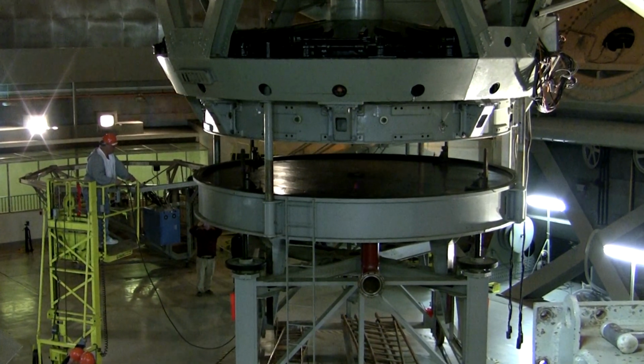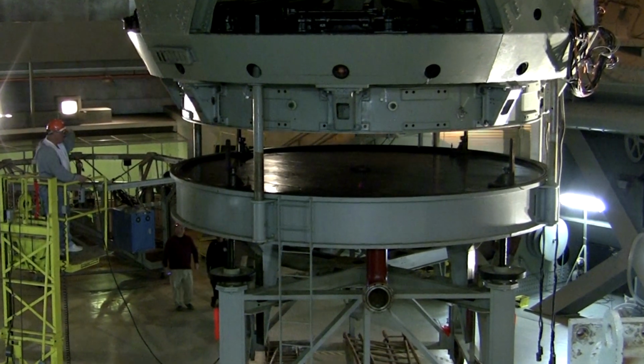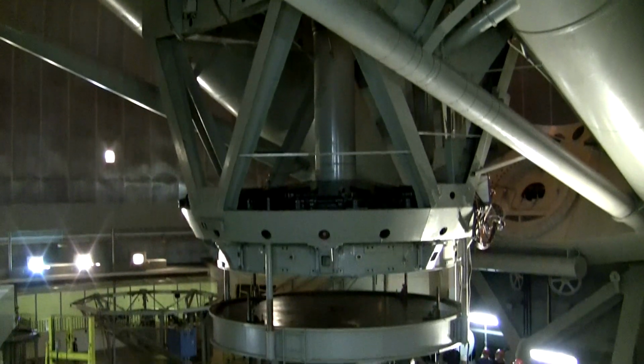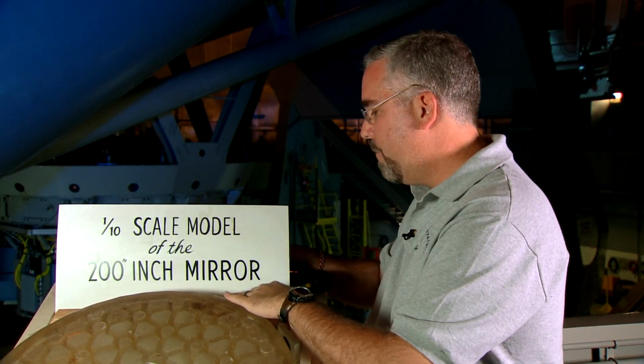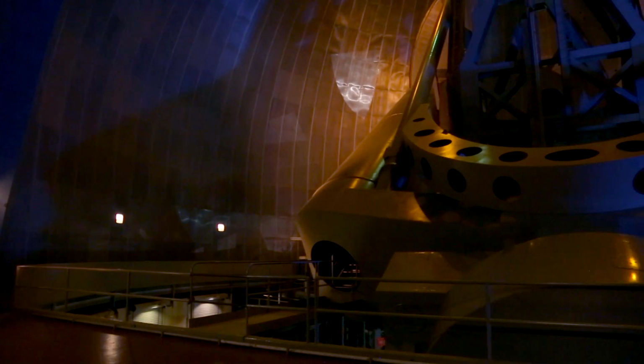And the purpose of the mirror is to sit at the bottom of the bucket of the telescope. The light passes through the bucket, it bounces off of the curved mirror, and because of the curvature of the mirror, the light will be forced to come to a point, which is what we call a focal point. And in the old telescopes with lenses, that point where the light comes to a focus is where you put your eye. But in modern telescopes, what we do is we put equipment right where that focal point would be